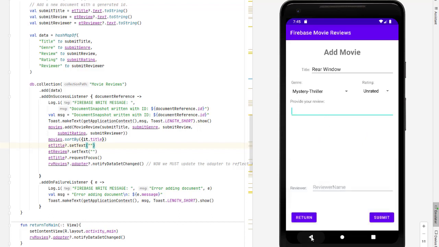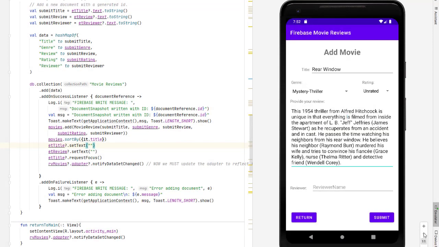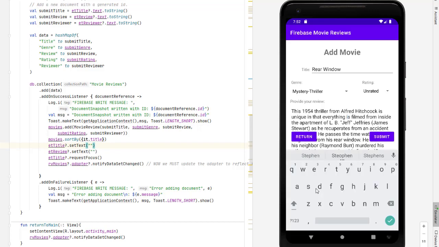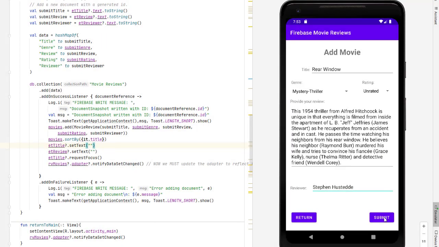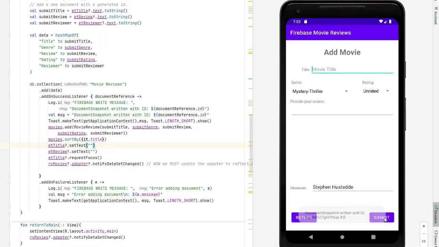I'm going to get rid of the keyboard here. So there then is my review. I'm going to add my reviewer name. And I'll click the submit button. So I'm told that the document was written. And now if we return to our main screen,